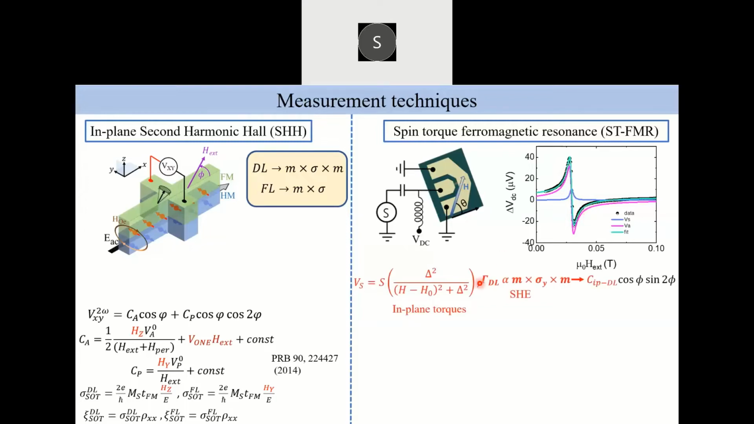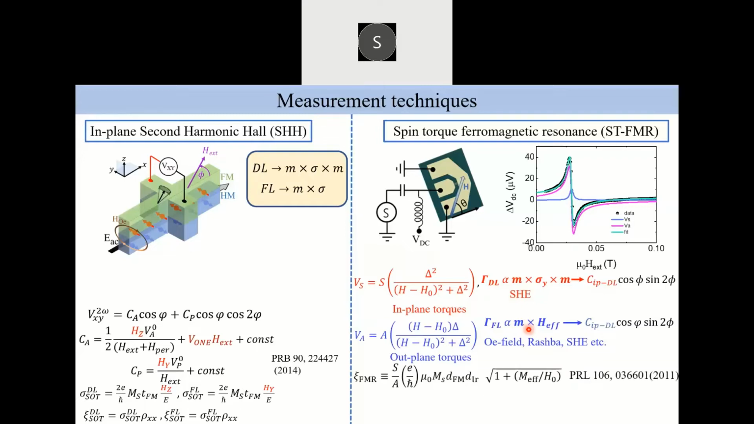Now, the symmetric component in general corresponds to the damping-like torque efficiency, and the antisymmetric component corresponds to the field-like torque efficiency. So, to quantify the conversion efficiency of charge current to spin current, we calculate this Xi-FMR, which works pretty well if there are no other sources of field-like torque apart from the Oersted field. But if there are other sources of field-like torque apart from the Oersted field, then we have to use this